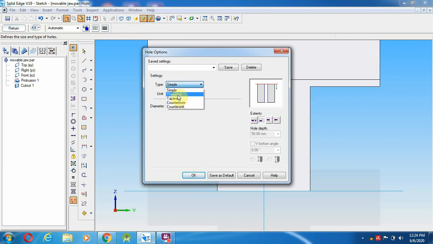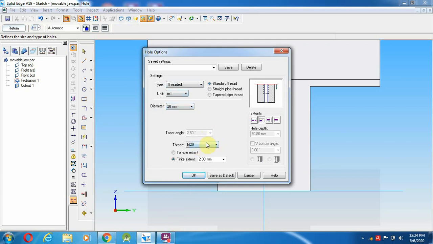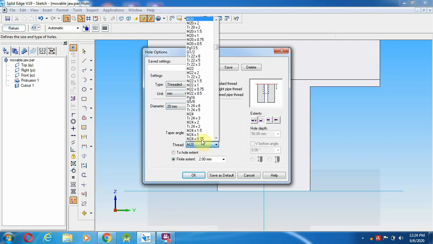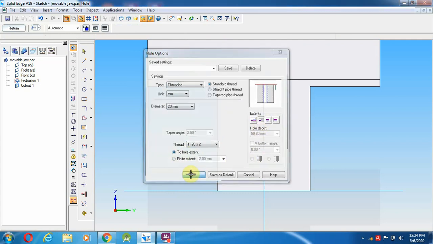It is a threaded hole, and the diameter is 20 mm. Then square thread, TR 20 into 2, throughout the whole extent. The hole is to be through to the next, and give OK.